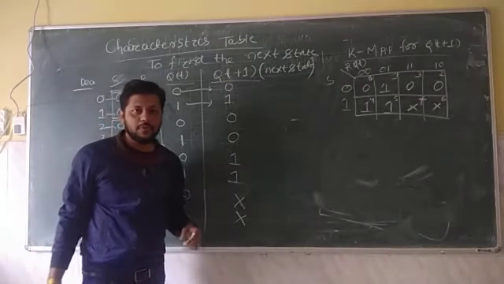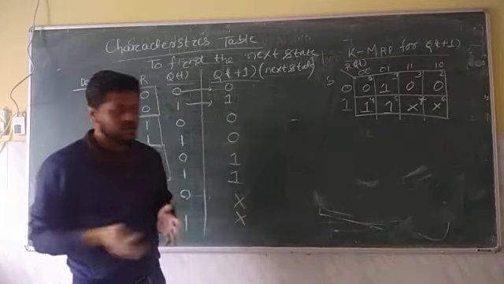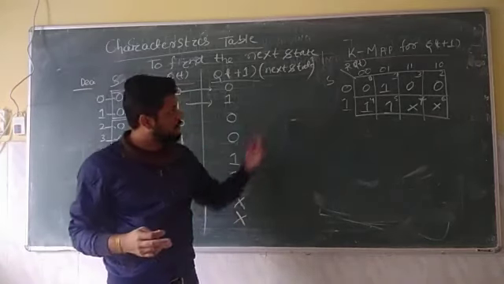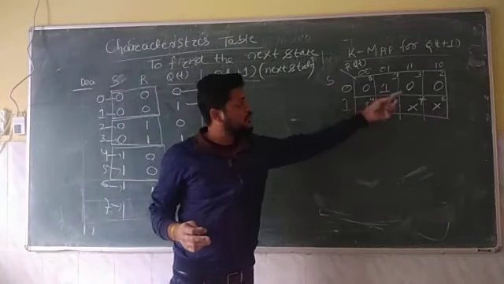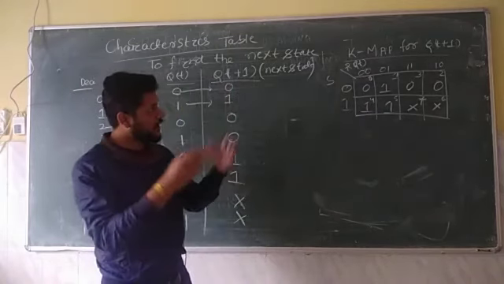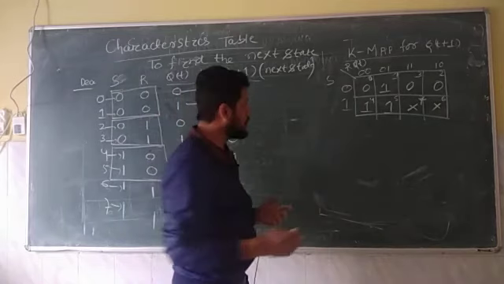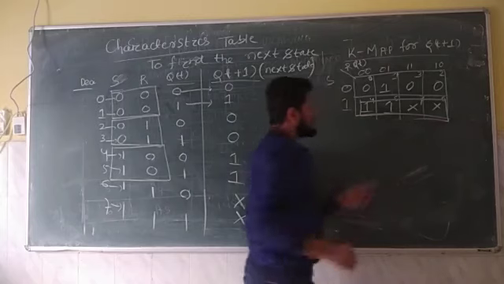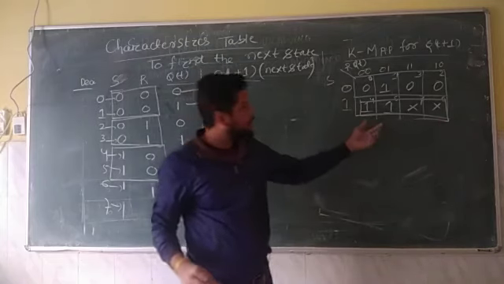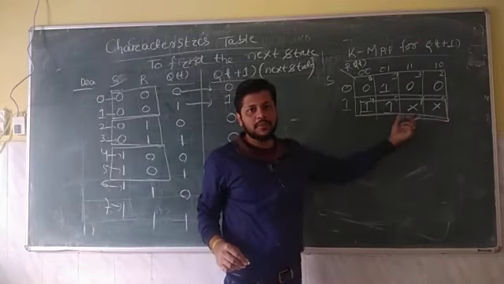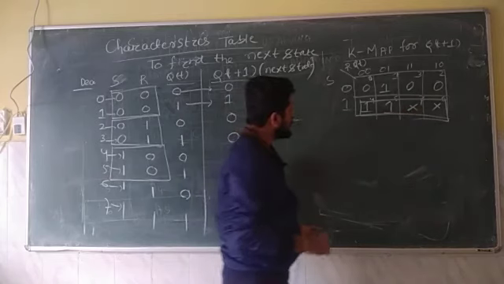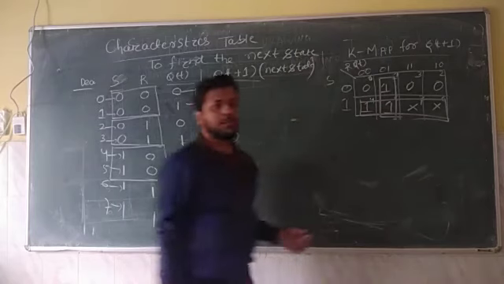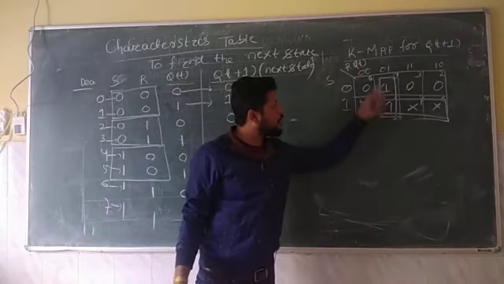So now we have to form the cell groups. We have to make the grouping. Is an 8 cell grouping possible? No sir, because we have 0 in 3 cells. So that is why no 8 cell combination is possible. But these 4 cells can be combined, because this cross means either 1 or 0, but in order to form a big group, I am taking this as 1. Then we have another group here. So 1 group of 4 and 1 group of 2.